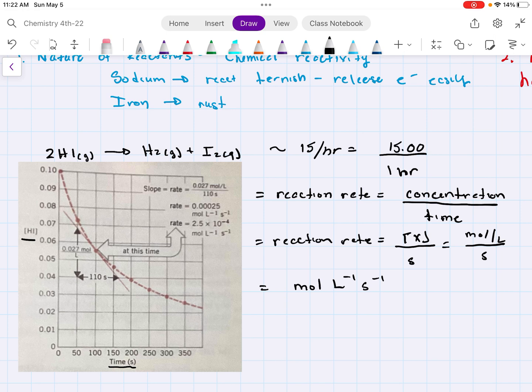So let's take a look at our graph. Here we have our starting concentration and our ending concentration over here, and then we have several points. Now, this curve represents the decomposition, or the decrease in the concentration of hydrogen iodide. And to find the rate at which this happens, the rate can be written as the slope of this curve. So the rate is equal to the slope of the tangent line of this curve,